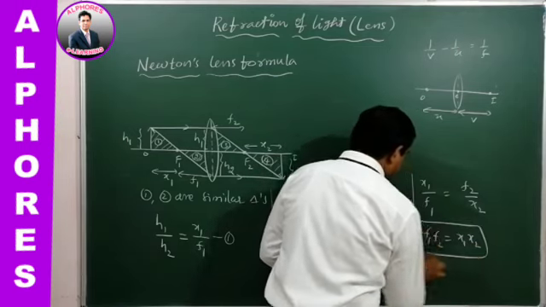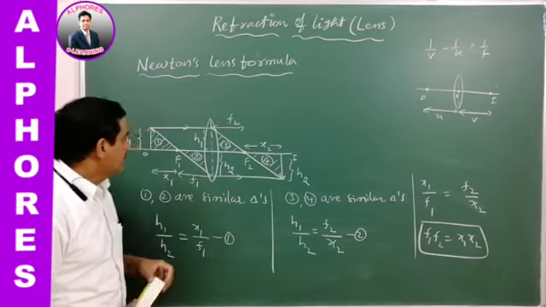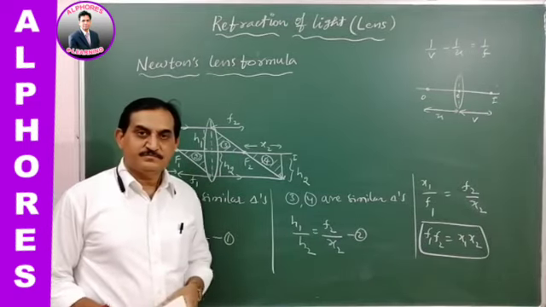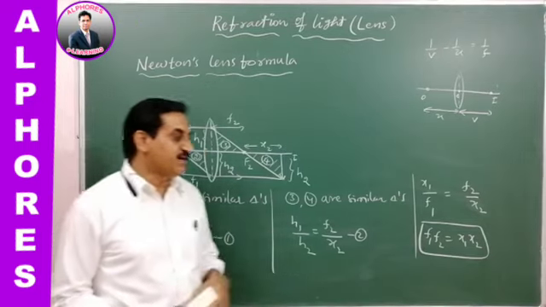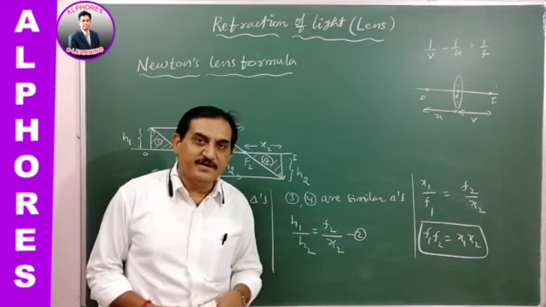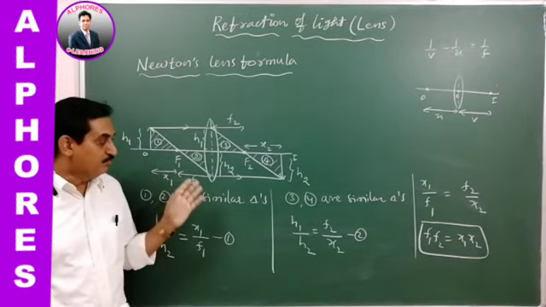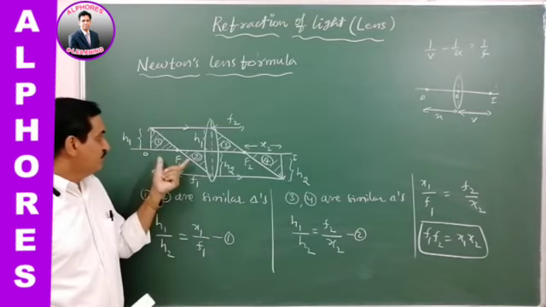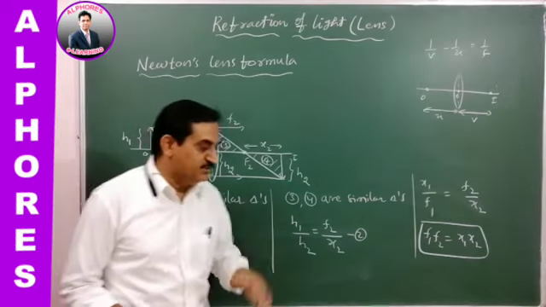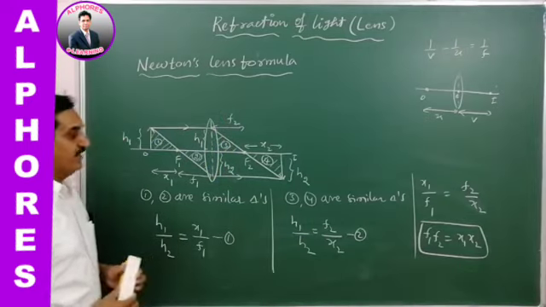This is Newton's formula. This formula is used whenever the media on both sides of the lens are different. In such a case, the two focus points will definitely be different. F1 and F2 are different, they are not equal. Why? Because here the lens is kept in a non-homogeneous medium on both sides of the lens. Therefore the first focus point distance and the second focus point distance are both different, so that f1 f2 is equal to x1 into x2. Right? This is Newton's lens formula.